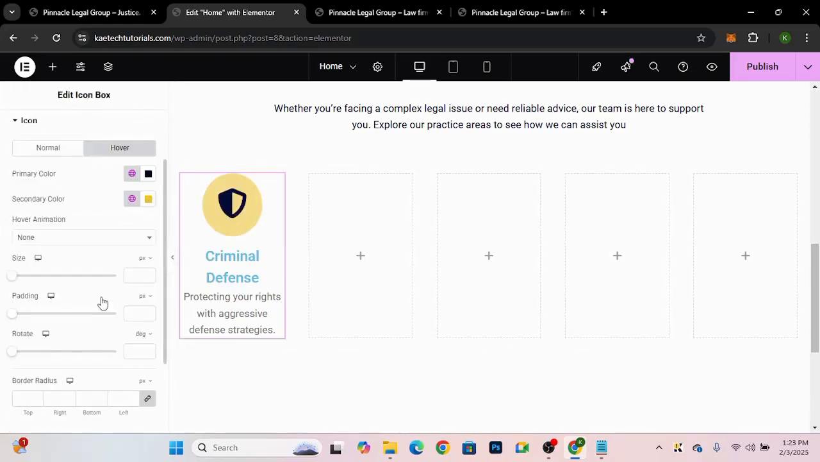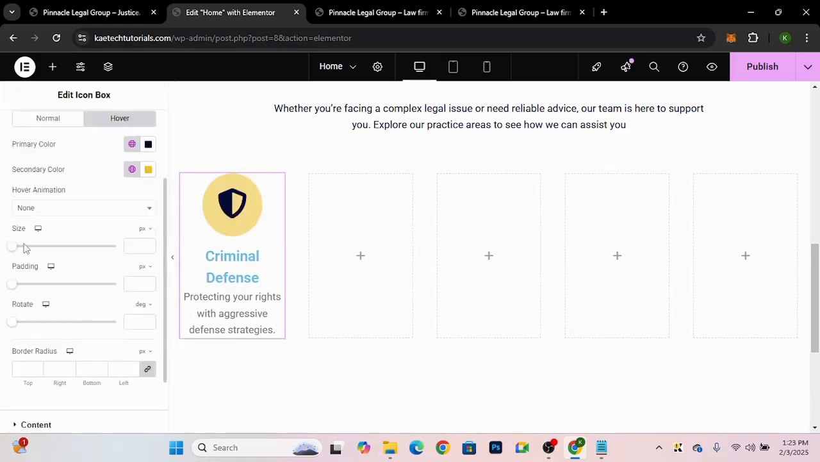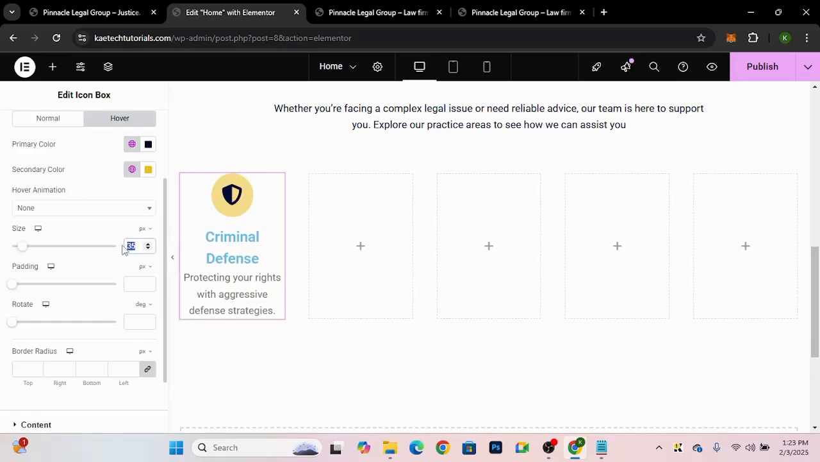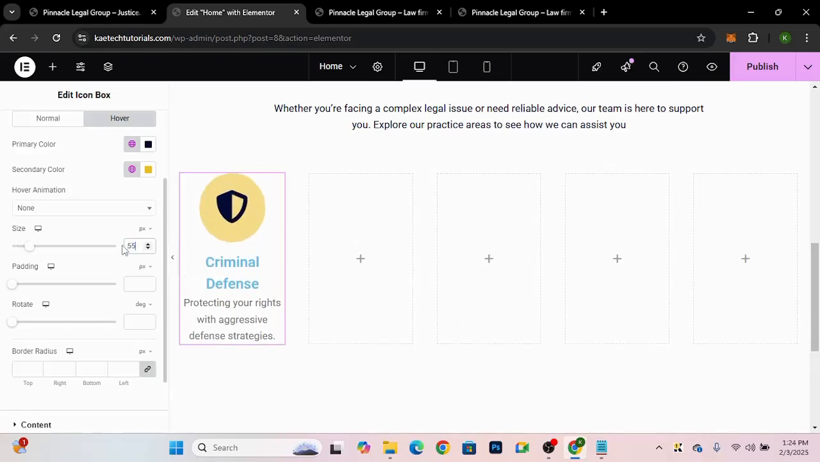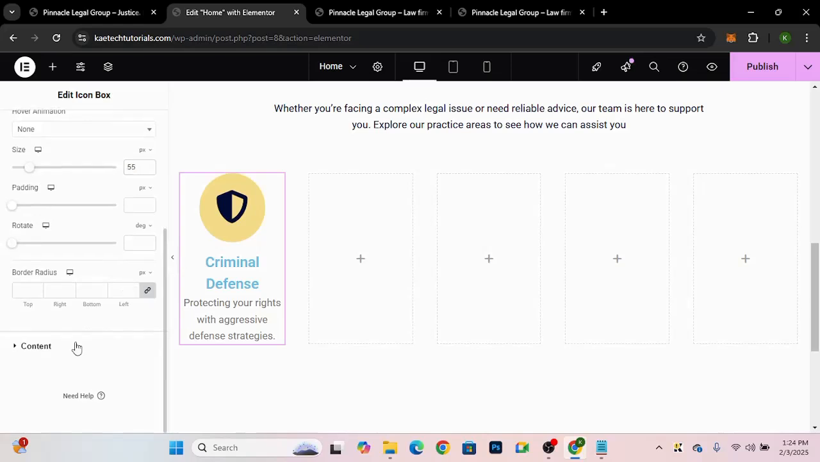So you can check the size and even give it a hover animation and all those kinds of stuff. It depends. For the size over here, I'm going to say maybe 35. This is how it's going to be, but I don't want it to be 35, I want it to be 55 pixels. Okay, this is quite okay. If you want padding and all those things, you can give it. And then the content over here,